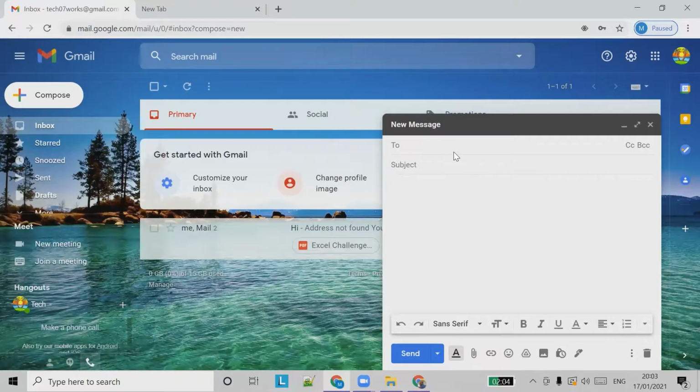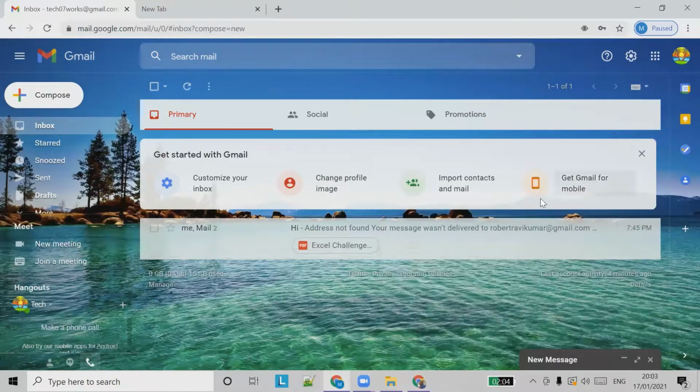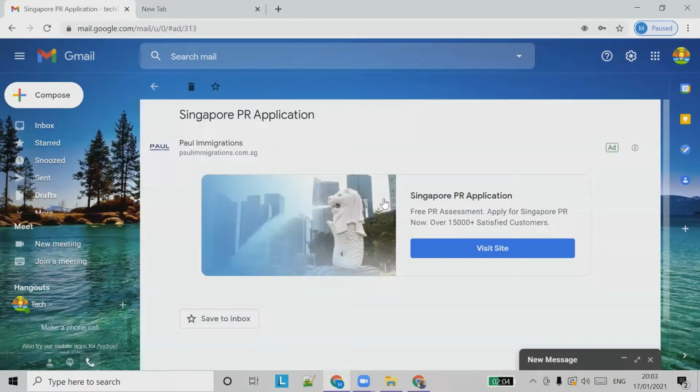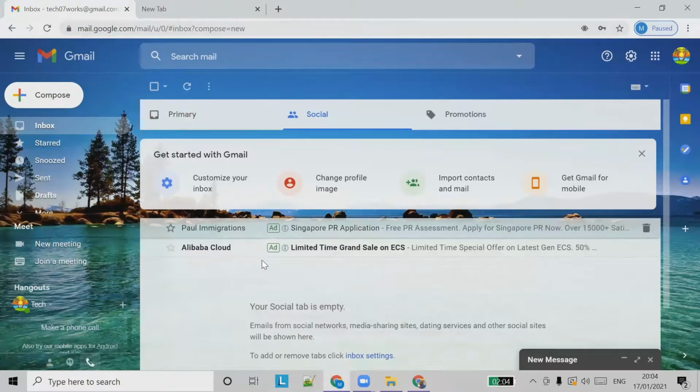And the subject is the thing that appears in the inbox itself. So if you see, Singapore PR application is the subject here. Once you go inside the email, all the contents will be inside. Okay, so this is one thing.